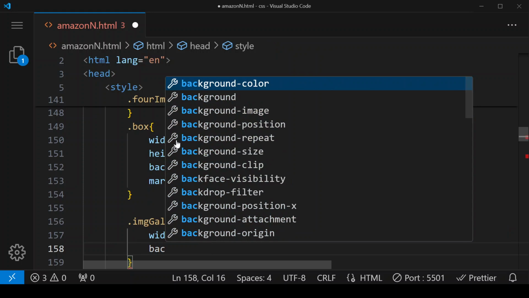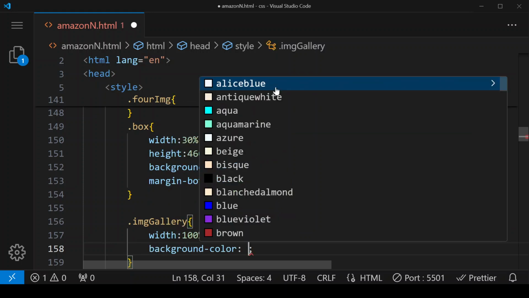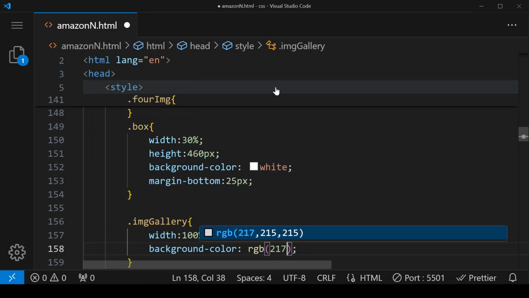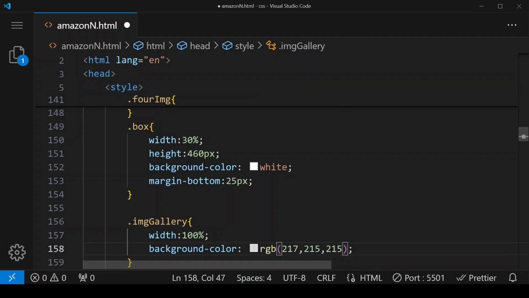For the background color we are choosing the gray which we have given earlier, so it is RGB 217. So this is going to give us that gray.